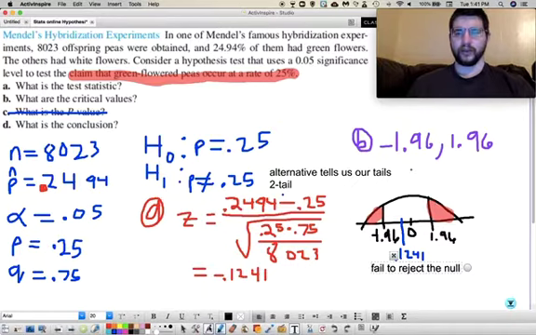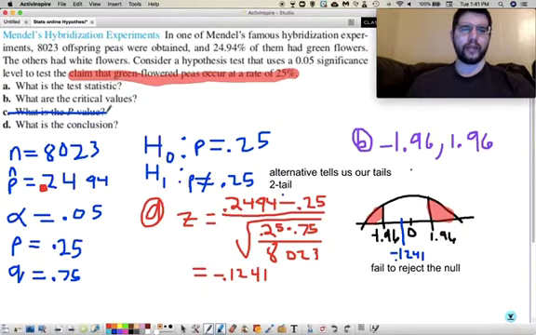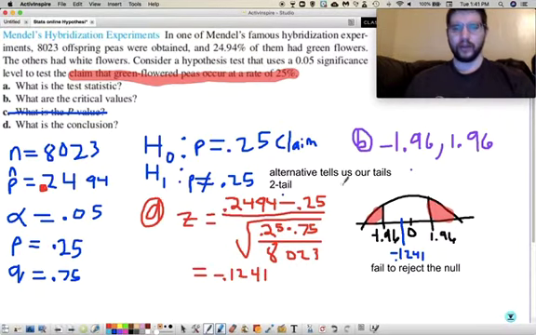Okay. Let's go back and read our claim. The claim is that the green flowered peas occur at a rate of 25%. That's got equality in it. That means this, our null, is our claim. So our claim was in the null. We failed to reject the null. So our